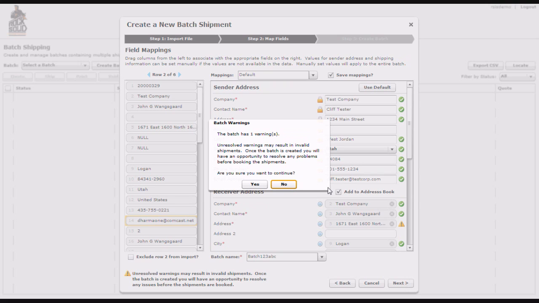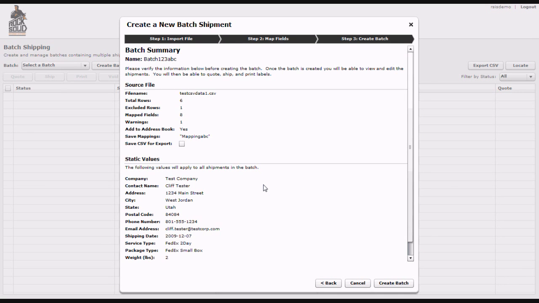And this warning is just telling us, hey, you've got a couple fields that might not be right. We know that that's the address. We can ignore this for now. We're just going to hit yes to move forward. Now you are on the